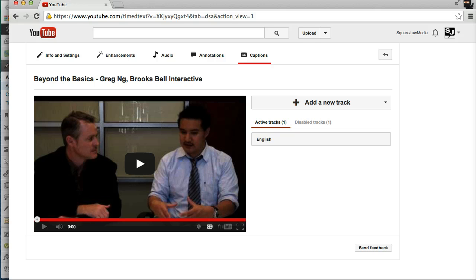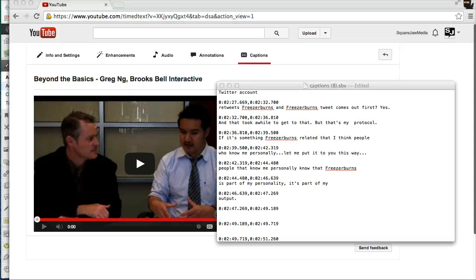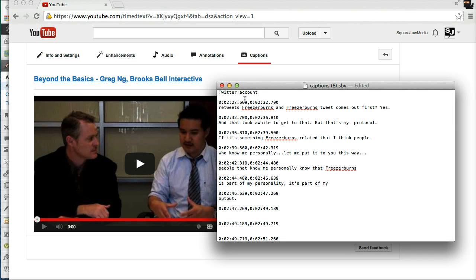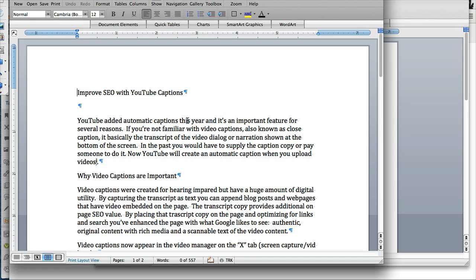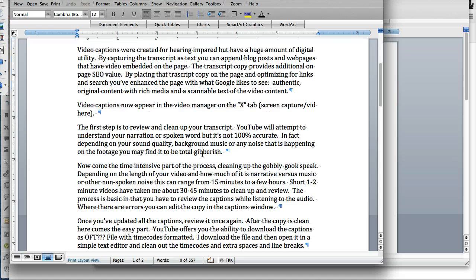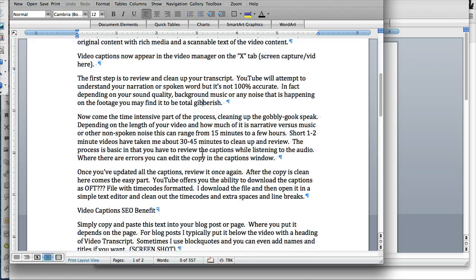So what you get when you download is you get time codes in the copy, and so what you have to do is you have to kind of go through and clean these out. Once you do that, you can actually pull the file into Microsoft Word and maybe do a search and replace on hard returns and spaces, and then you just go in and kind of manually put the breaks where you want them to appear. So you can see now I have a nice clean caption and it's full of all